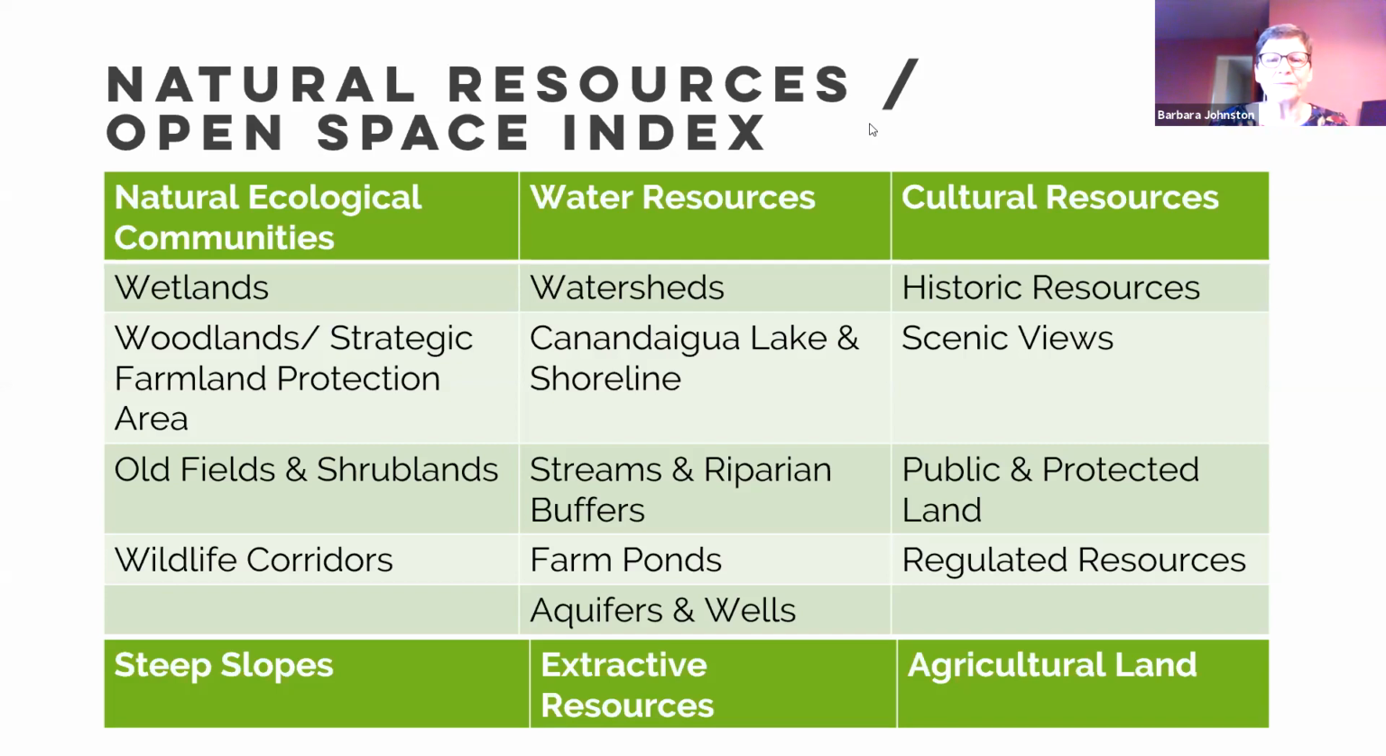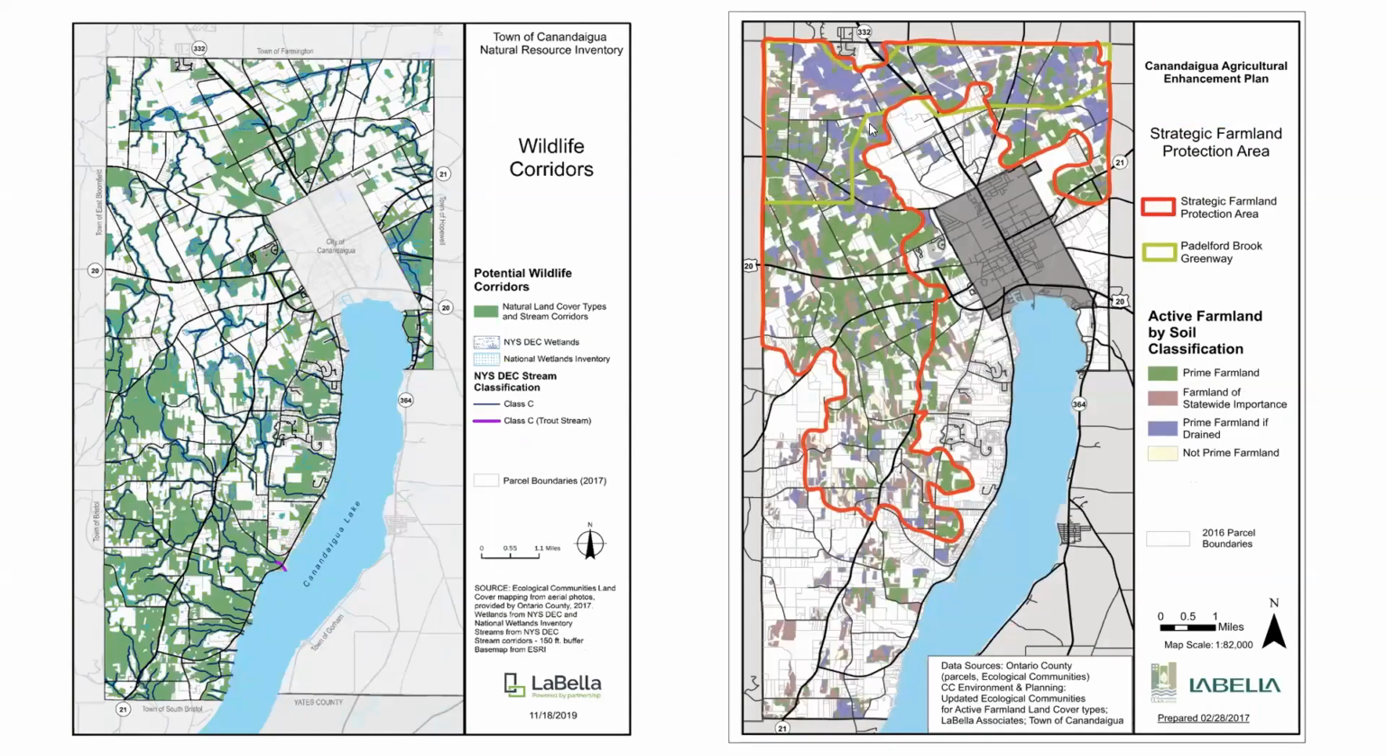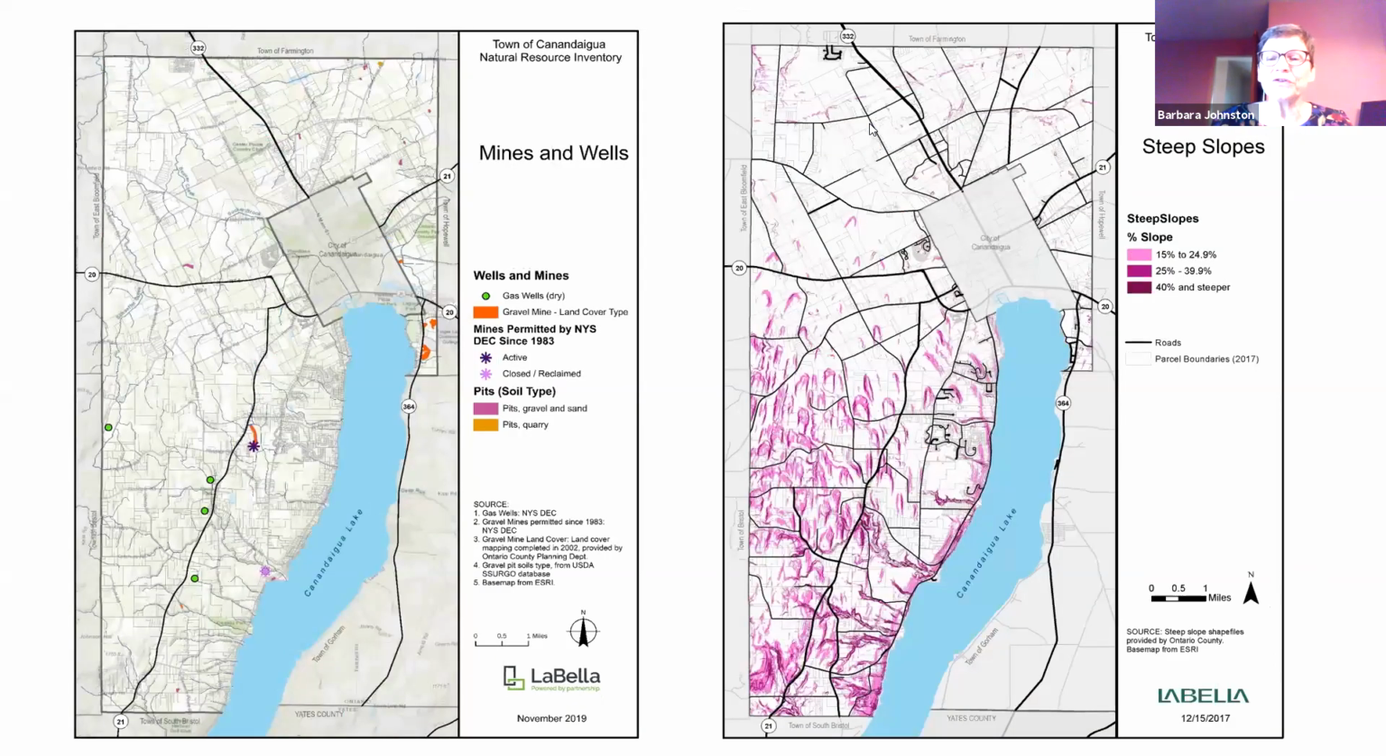These are all the maps. I'll just show you examples. I'm not going to discuss these, but these are all in the plan: woodlands and wetlands, stream categories, watersheds. In the open space plan, we created a map of wildlife corridors, and it's packaged into the natural resource inventory, as well as the agricultural protection areas identified in the ag plan, all pulled together for the